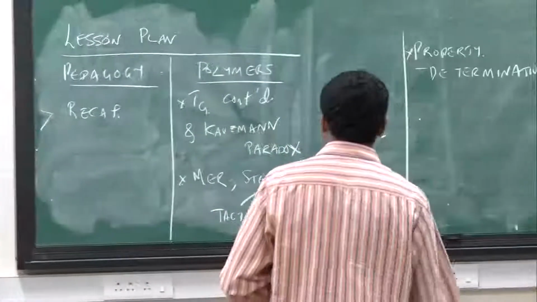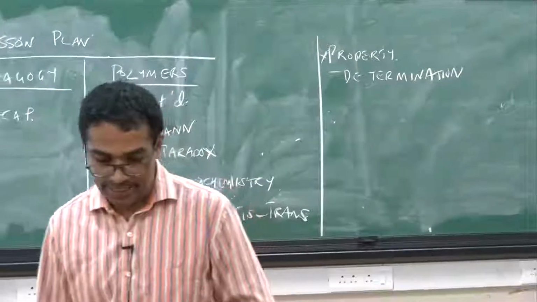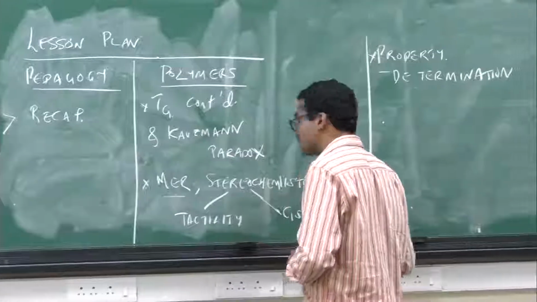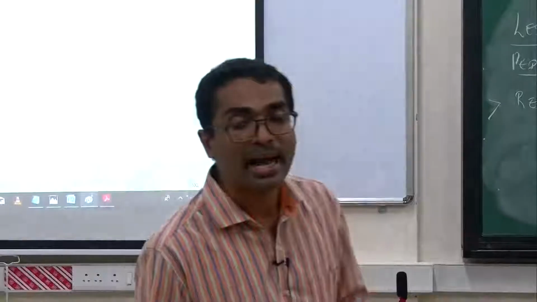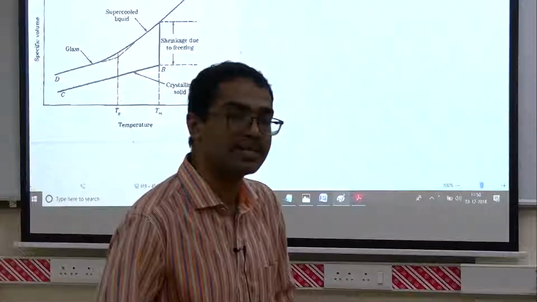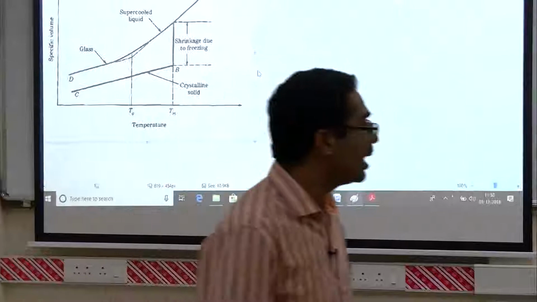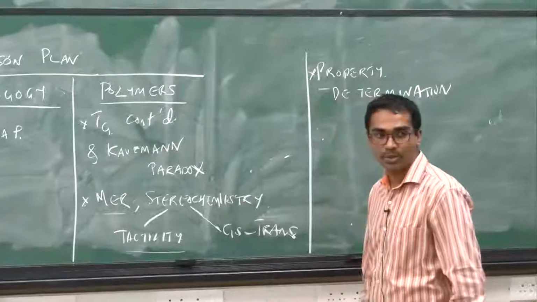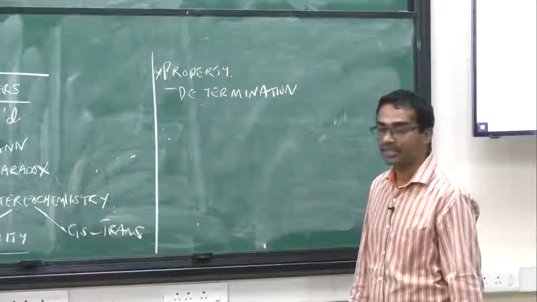Okay, and then we will continue looking at some formal definitions, MER being a definition, and then we will look at some stereochemical definitions, tacticity and cis-trans isomerism. I believe your students would have studied something about cis-trans isomerism in their high school. Nowadays in the high school organic chemistry syllabus, there is some coverage of cis-trans isomerism, but still it is helpful to talk about it to your students in the context of polymers. Tacticity is definitely a new word for a large number of students, and we will certainly look at 3 different types of tacticities in the context of polymers today.